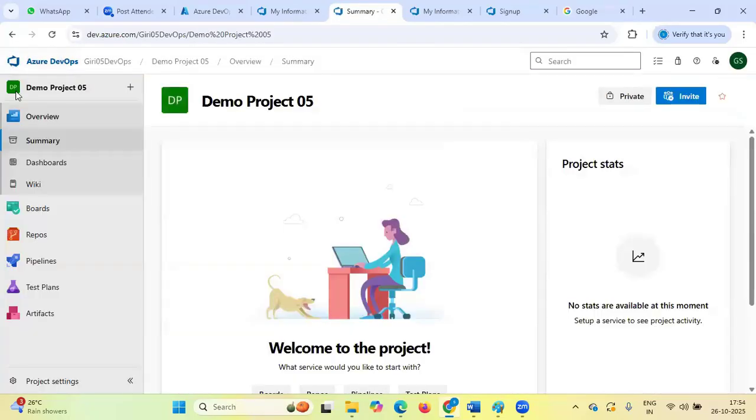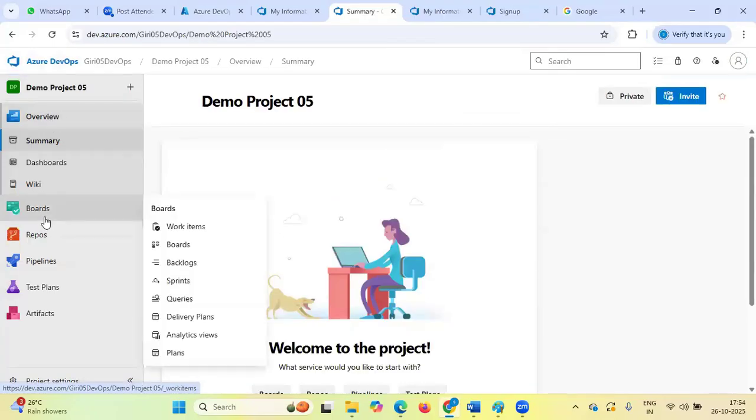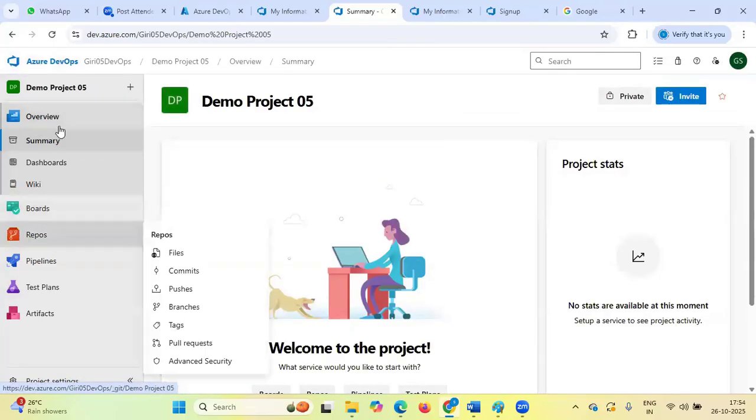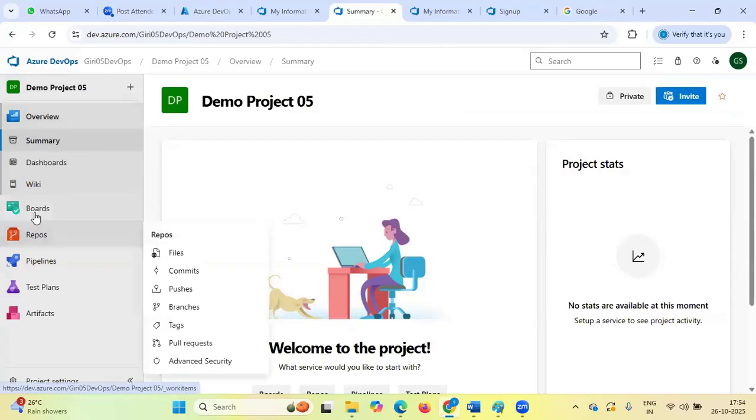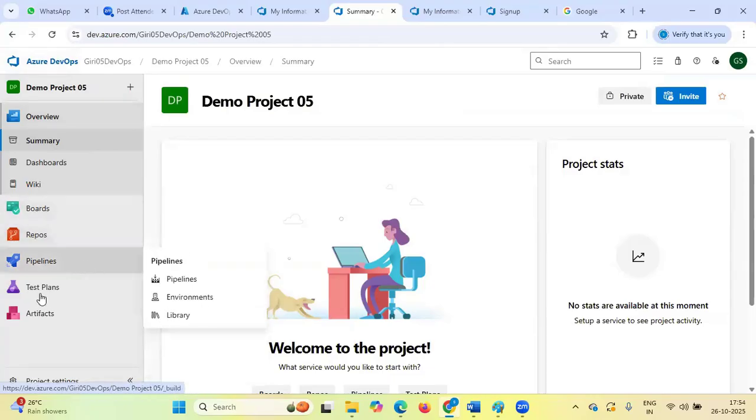You can see that demo project 05 is created, and this is the overview of this project. As I told you, Azure DevOps is not a single service. It is a suite of services: Boards, Repos, Pipelines, Test Plans, and Artifacts. These are the services included in Azure DevOps.